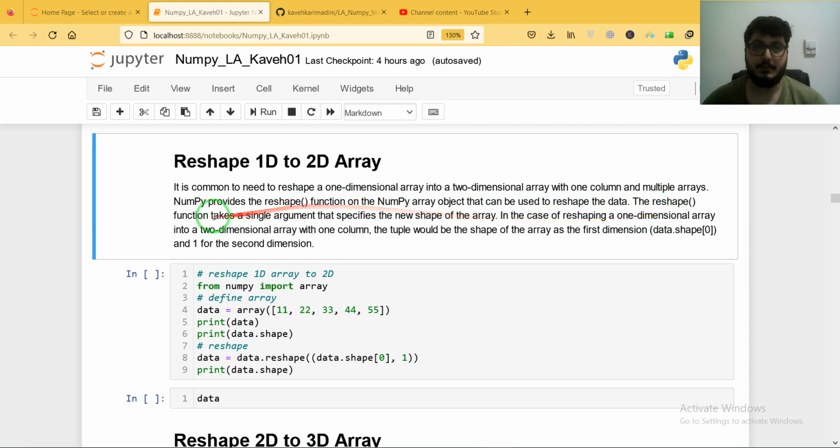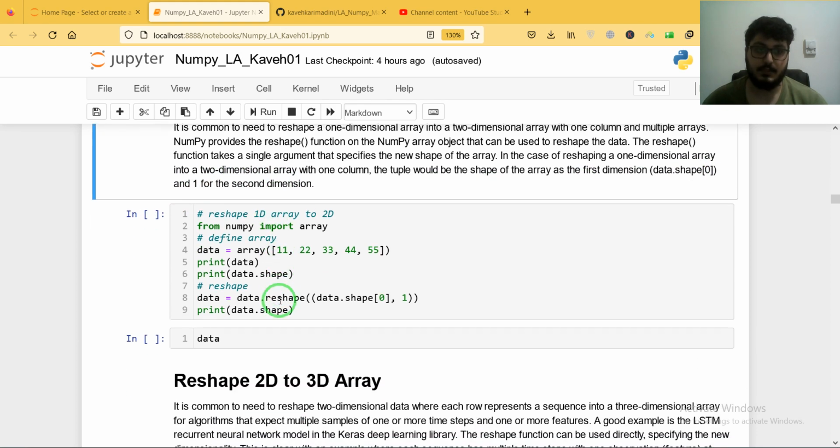The reshape function takes a single argument that specifies the new shape of the array. In the case of reshaping a one-dimensional array into a two-dimensional array with one column, the tuple would be the shape of the array as the first dimension, data.shape[0], and 1 for the second dimension. Okay,